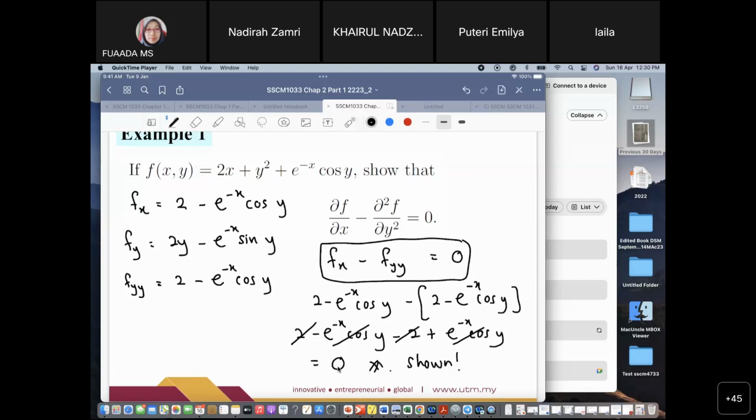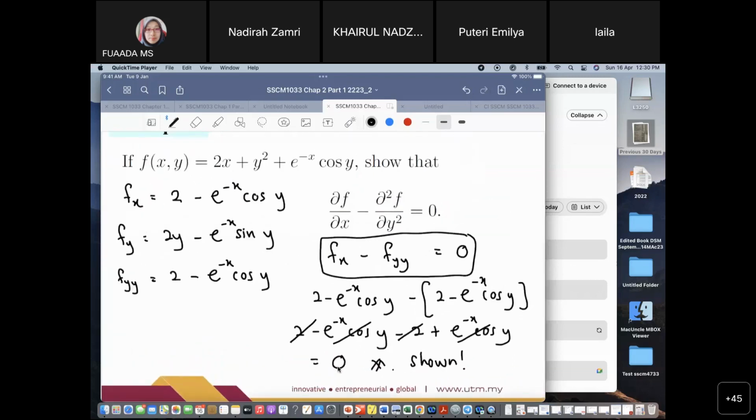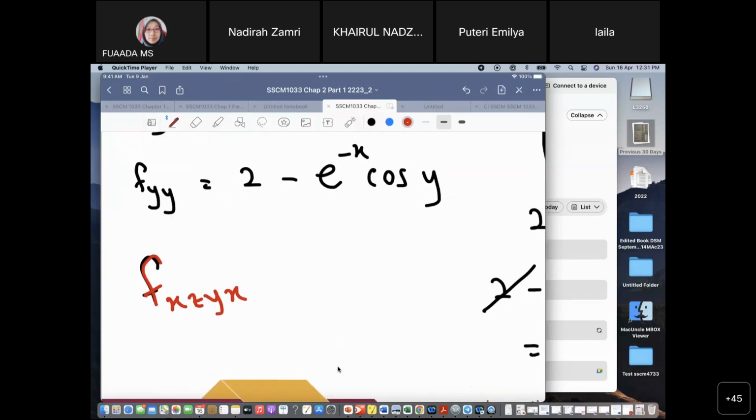Okay, so let's say the question asks you to deal with third order, for example. This is another example. Let's say I give you f, find under f, x, z, y, for example, and then x again. So this one we call fourth order. Fourth order, okay? 1, 2, 3, 4. So fourth order. So first differentiate the original expression with respect to x, and you have fx, and gunakan